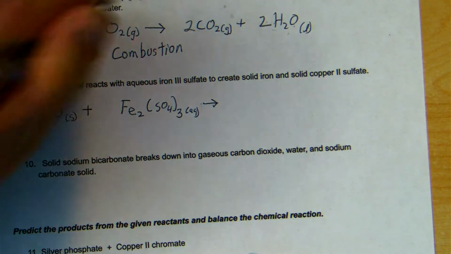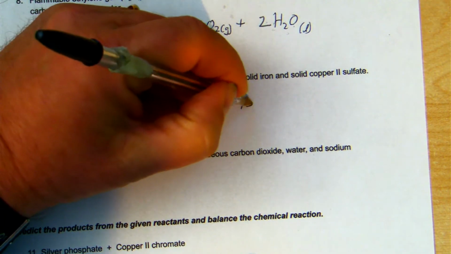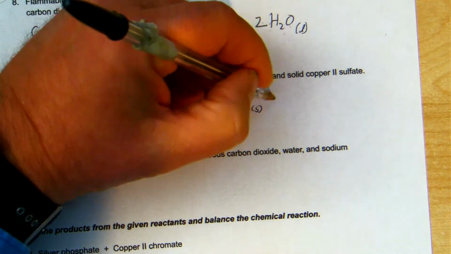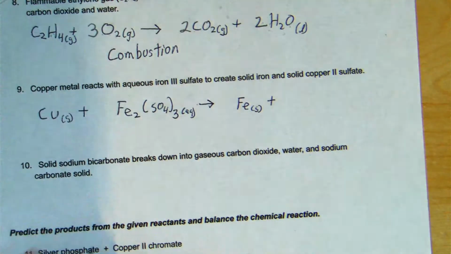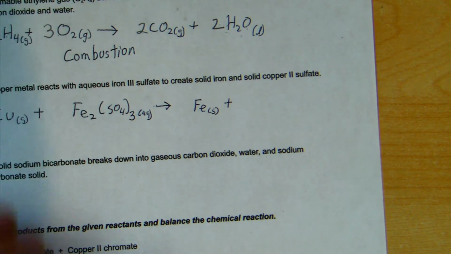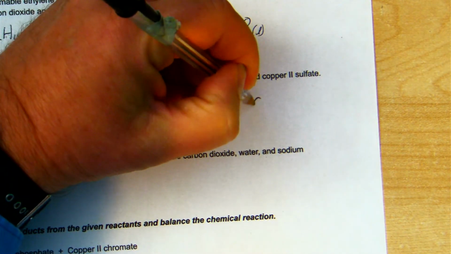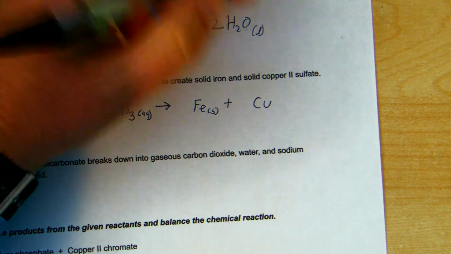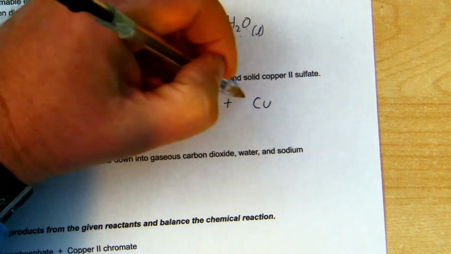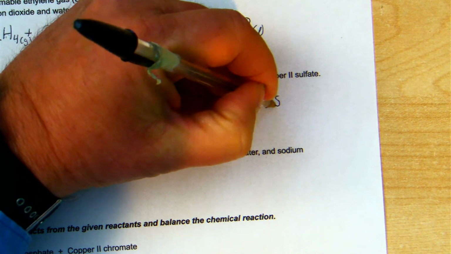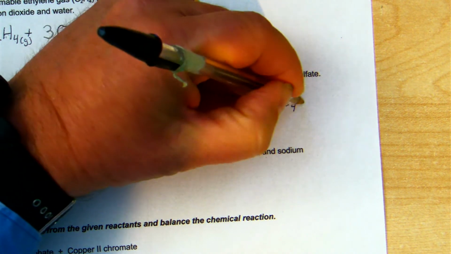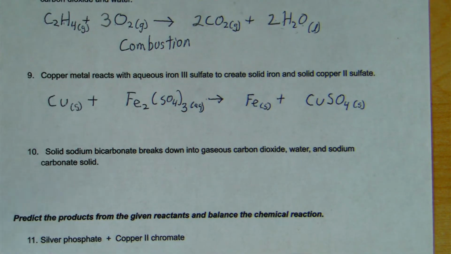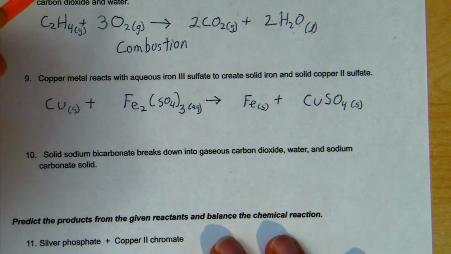Solid iron, that's just Fe, and subscript S if you like, and, so plus sign, solid copper 2 sulfate. So copper is Cu, copper 2 is a 2 plus charge, sulfate is a 2 minus charge, so no need for parentheses, just write CuSO4 subscript S for solid. There's the skeleton chemical reaction, and now to balance it,